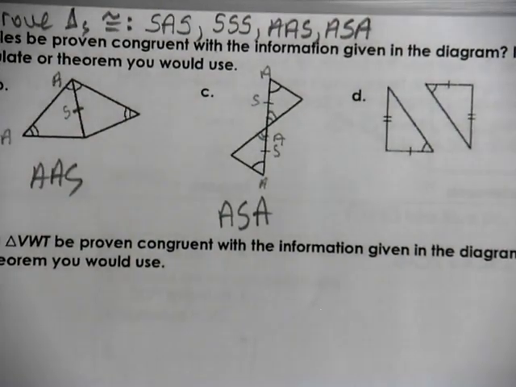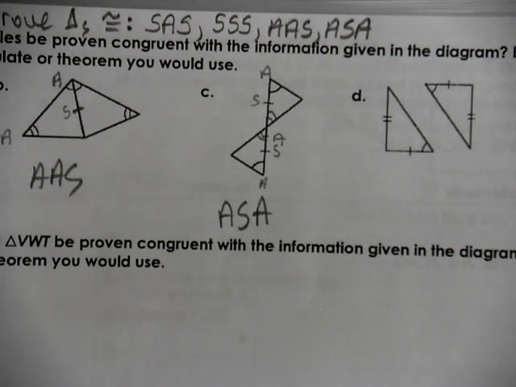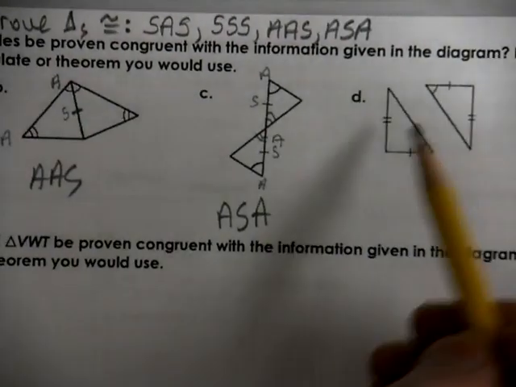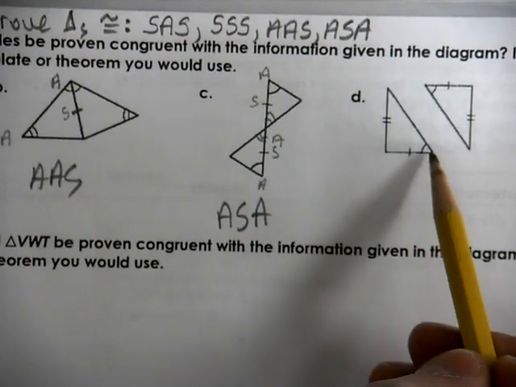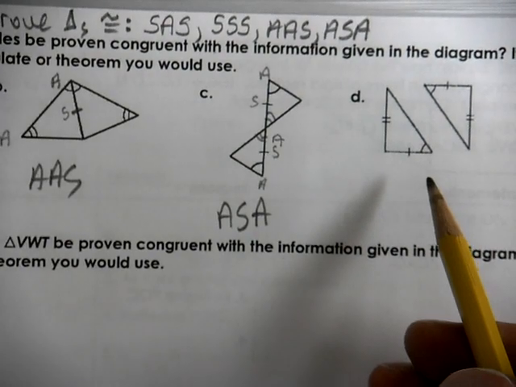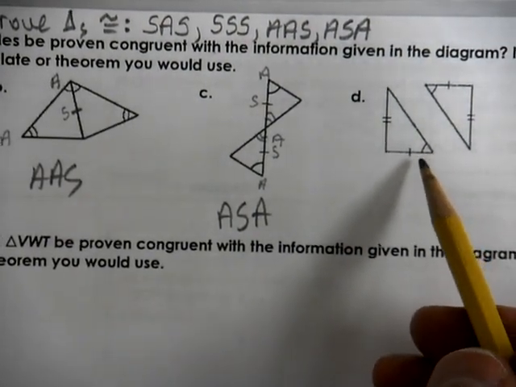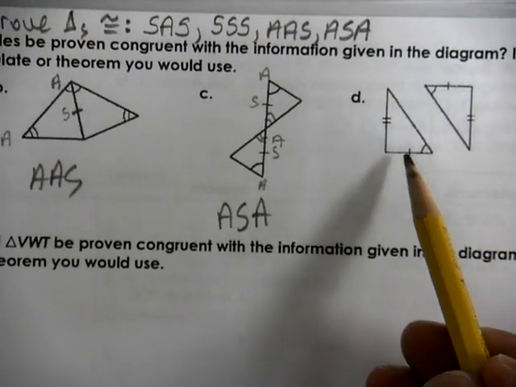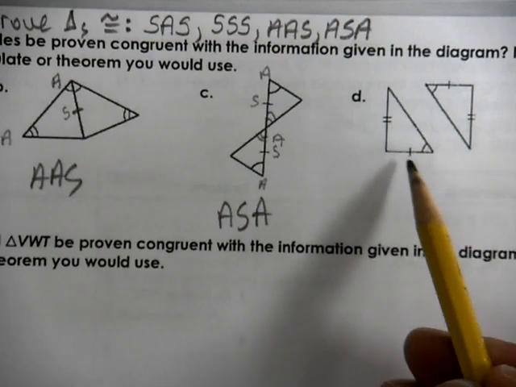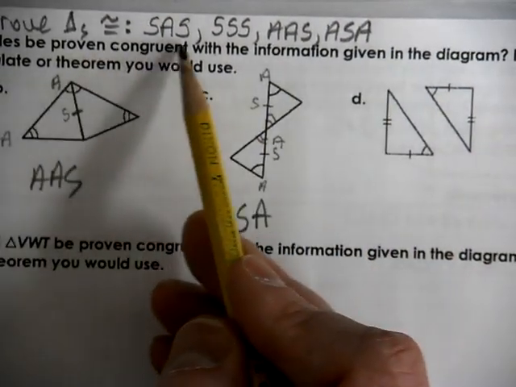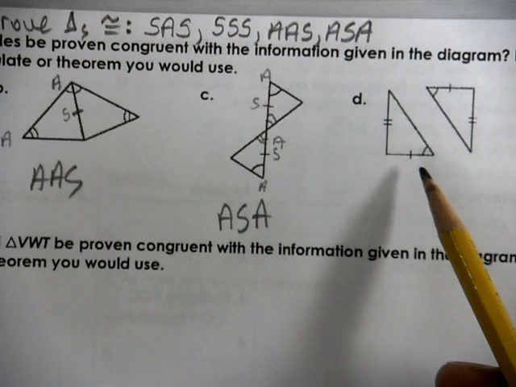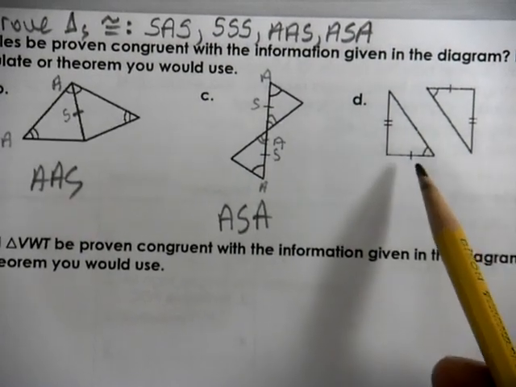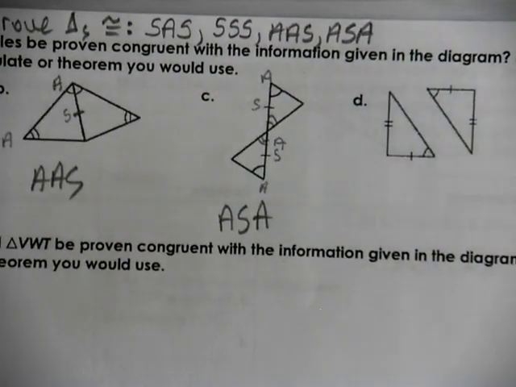And the last one, letter D. Can we prove our triangles congruent here? When we look at these, we have two sides and the non-included angle. Now, what I want to help remind you, this is an easy way for you to remember this. You could call this ASS. We all know that that is not one of the methods that we have written up here. ASS is not one of the ways we can prove triangles congruent. There is a method that'll be in that same pattern that we'll talk about as our final one, but that requires